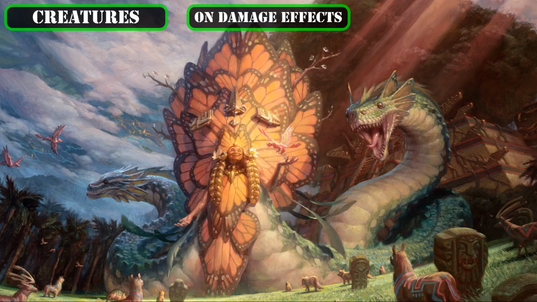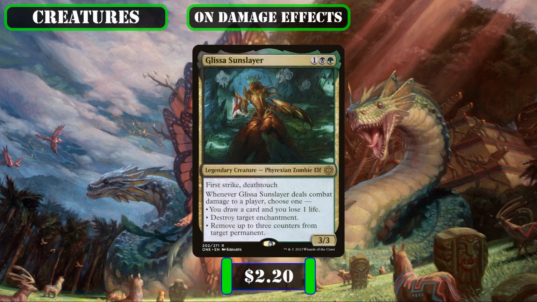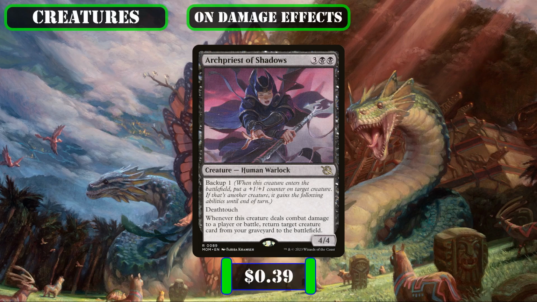And then to round out our array of creatures with on-combat damage effects, with some entrants who are not naturally evasive or trampling, but whose effects are powerful enough to warrant their inclusion anyway, we have Glissa Sunslayer, who may as well be evasive thanks to her combination of First Strike and Death Touch, allowing her to safely take down almost anything that blocks her, and whose ability to either destroy enchantments, draw us cards, or strip away counters provides our build with very nice repeatable disruption and value depending on what we need,